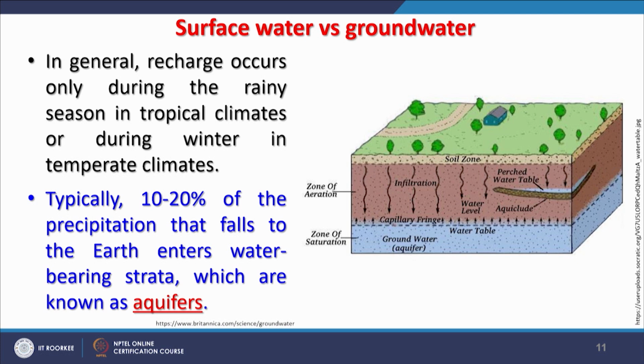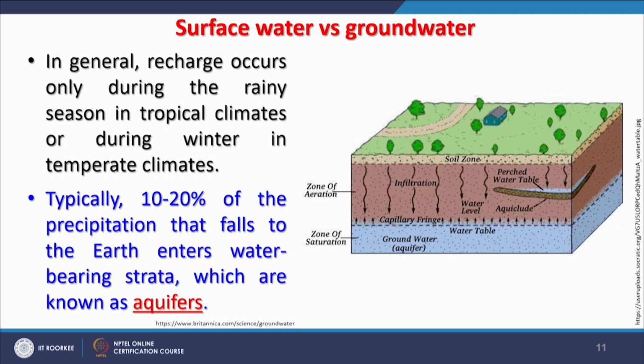However, if there are surface water bodies which have sufficient water, then that water will also recharge the groundwater regime. So, that is why for recharging groundwater, some surface water bodies are also required. If we completely depend on the rainfall, then recharge is available only for that period. But otherwise, if surface water bodies are there, then recharge can occur even round the year. And typically 10 to 20% of the precipitation that falls to the earth enters water bearing strata,